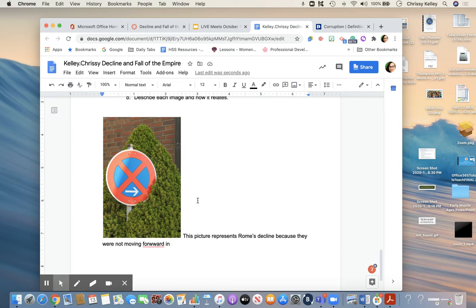The picture represents Rome's decline because they were not moving forward in agricultural, I'll fix that in a minute, such as growing new crops, learning new tools,